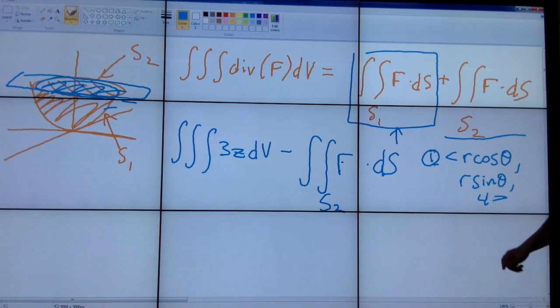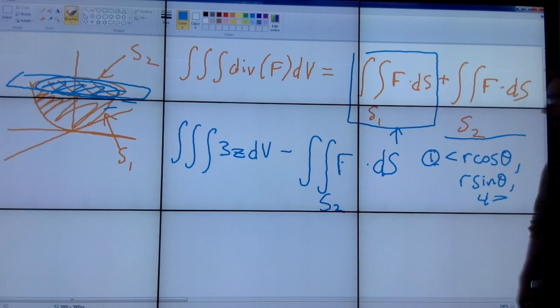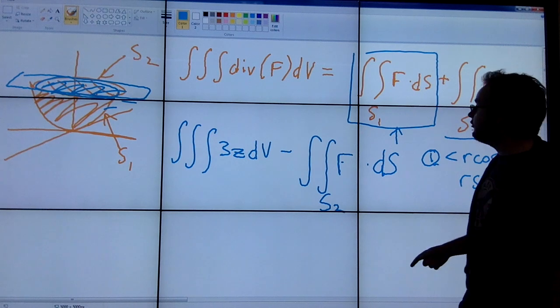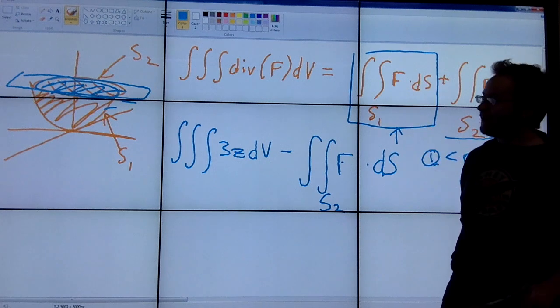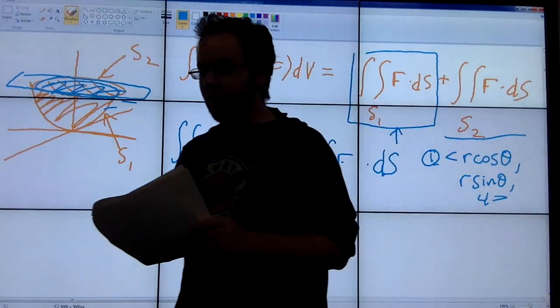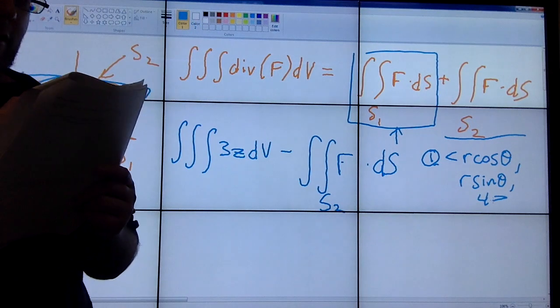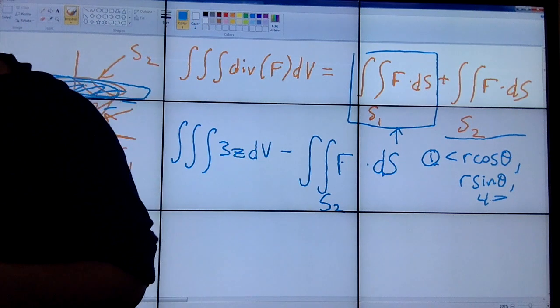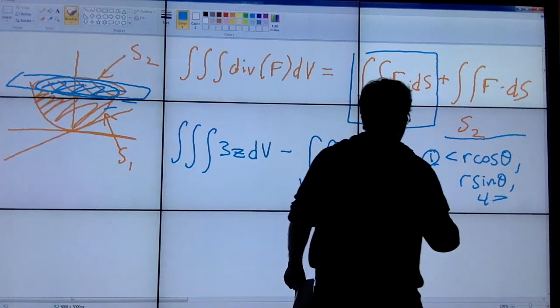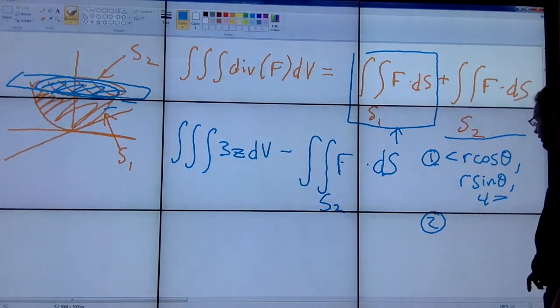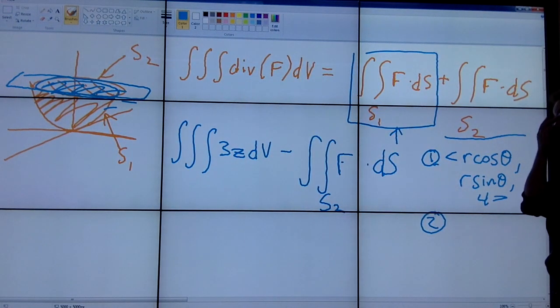So really quick and easy parameterization for that surface. Ru cross Rv would be the normal vector, and from there it's really easy to compute. As opposed to doing this guy. If you do the flux across this guy, you're going to have a nightmare trying to compute it. Especially because, not to say nothing of the fact that, look at the vector field, e to the xz, ln of x squared plus y squared. I'm going to go ahead and tell you right now that Ru cross Rv is,